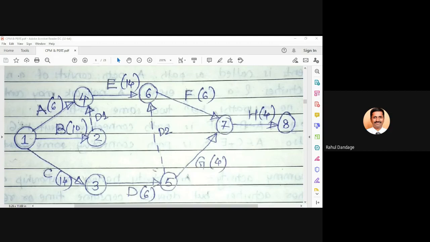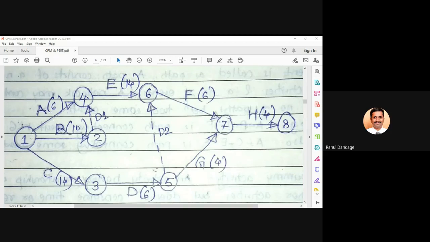So these are some of the general rules for construction of network diagram. There is one particular name which is called Fulkerson's rule for numbering. That is, when you are going for numbering, it should be in sequence, and you should number the events from the tail of your arrow to the head of your arrow, and it should be from left to right.